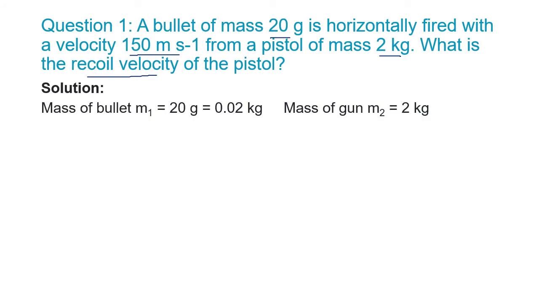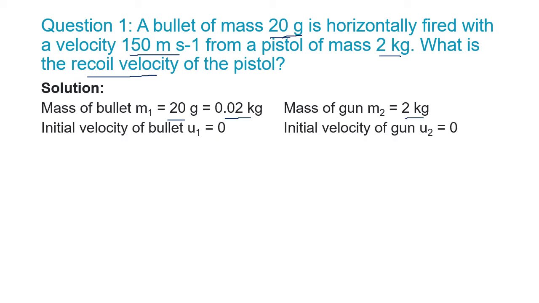So the mass of the bullet m1 is 20 gram, or we can say 0.2 kg. The mass of the gun m2 is 2 kg. So instead of mA and mB, I've used here m1 and m2. Makes no difference. Okay, two bodies, bullet m1, gun m2. So m1 is the mass of the bullet, 0.2 kg. One was given in grams, so I've changed it into kg, both in kg, standard unit.